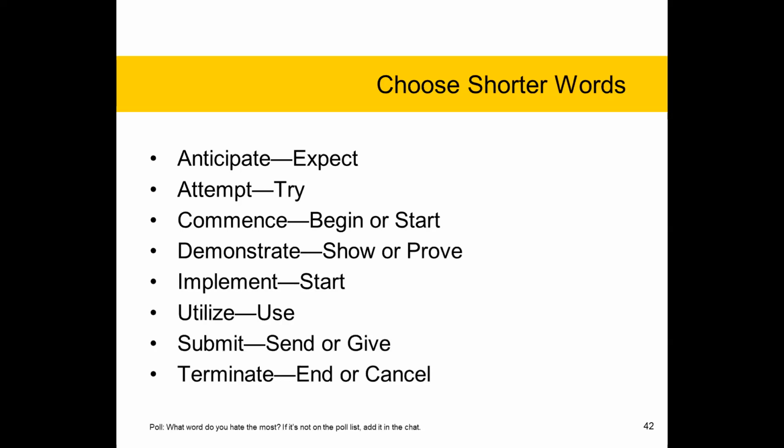Can you smooth out a sentence? Can you ease your reader through it? For example, some people might say, I'm going to have to terminate the contract. Well, you can say that if you're dealing with acquisition professionals who, poor things, have to read that all the time. But you can also say, I have to stop your contract, or I have to end it. You really think, is this a term of art or an industry jargon that I absolutely have to use? Or can I use real people language?